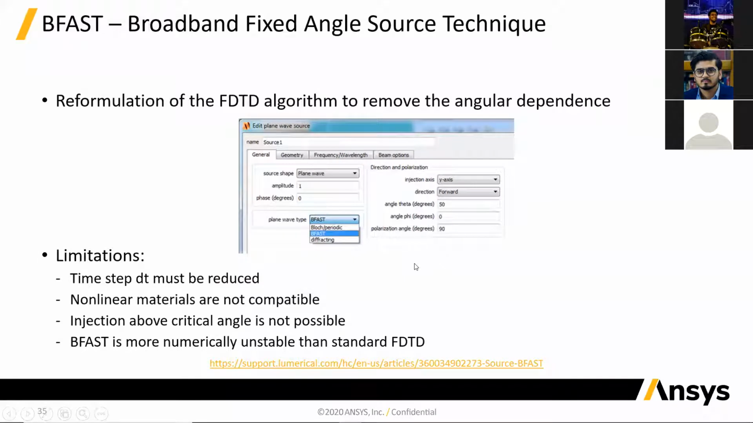However, if you have to run a very broadband simulation with angled incidence of light, then the way to get accurate results is to use the BFAST broadband fixed angle source option. This can be accessed from the plane wave source and the plane wave type. Instead of using Bloch periodic, you have to choose BFAST here. This makes sure that at every frequency, the light gets injected at the same angle that you define here in the source. However, using BFAST also increases the amount of resources that you need to run your